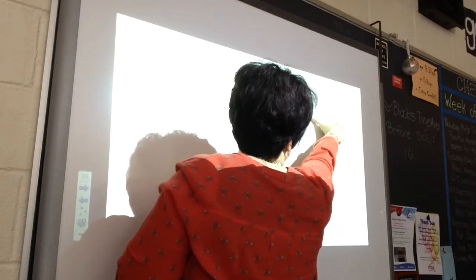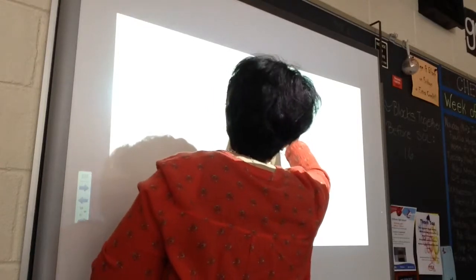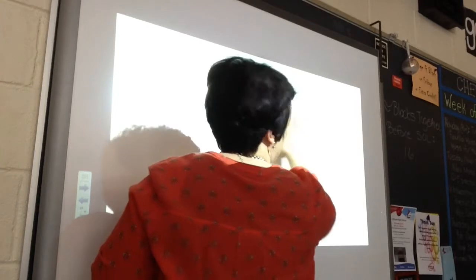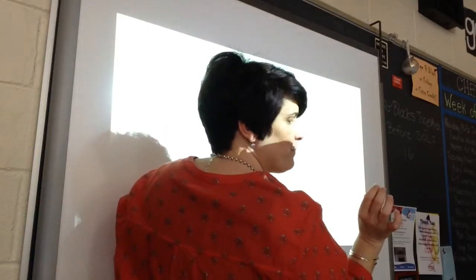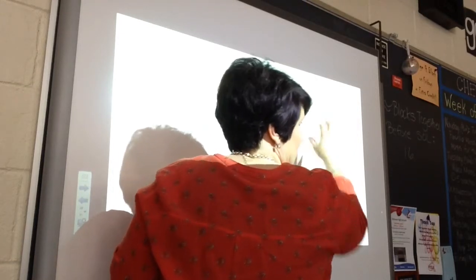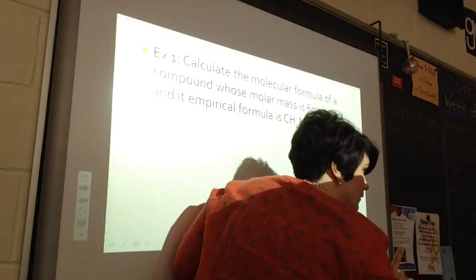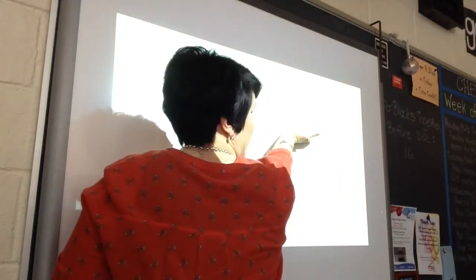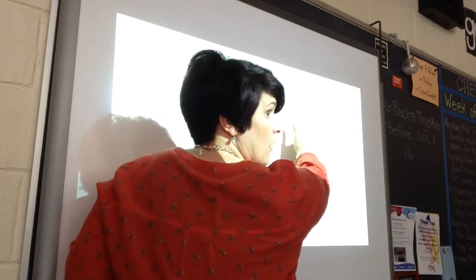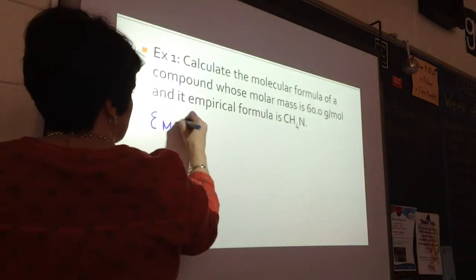Because we are told to calculate the molecular formula, we assume this is the molecular molar mass, the total mass of all of the parts in the molecular formula, which is the not reduced formula. CH4N is the reduced formula. How do we know that? What word tells me this is the reduced formula? Empirical. So what we want to do first is calculate